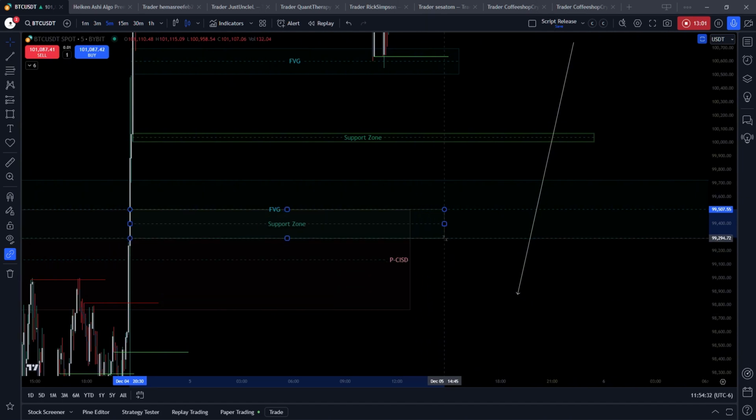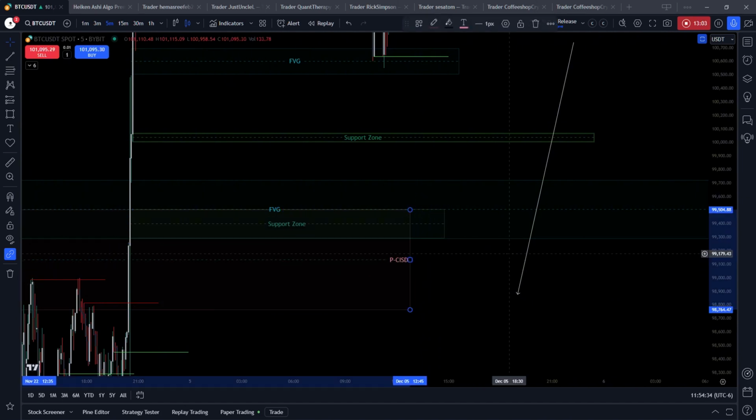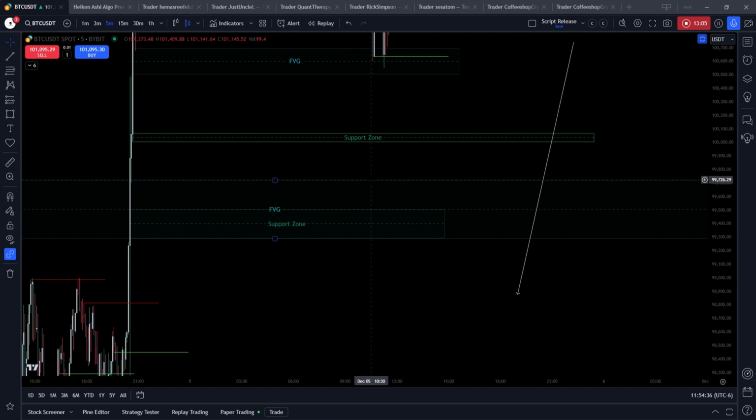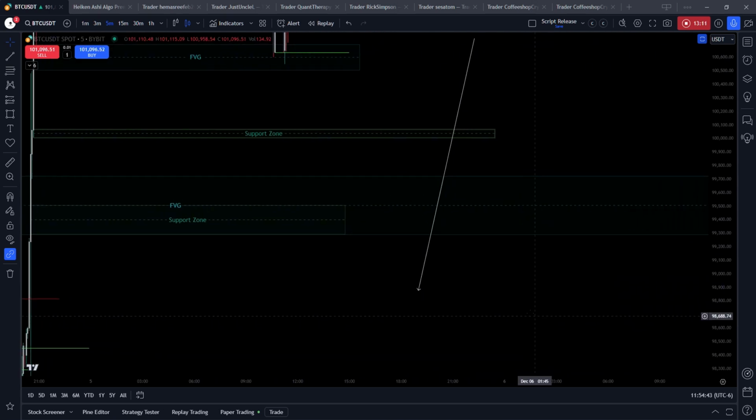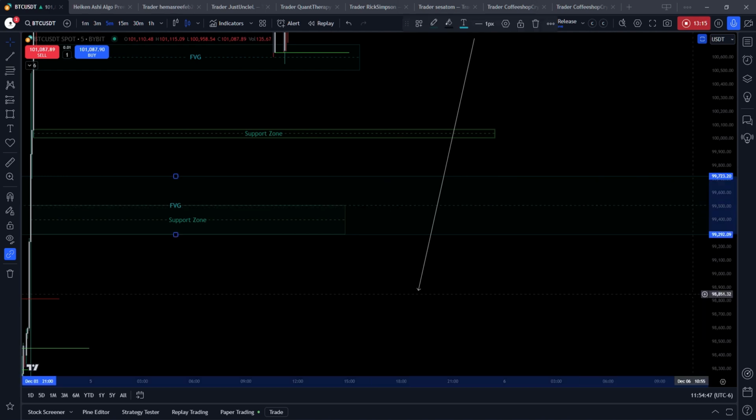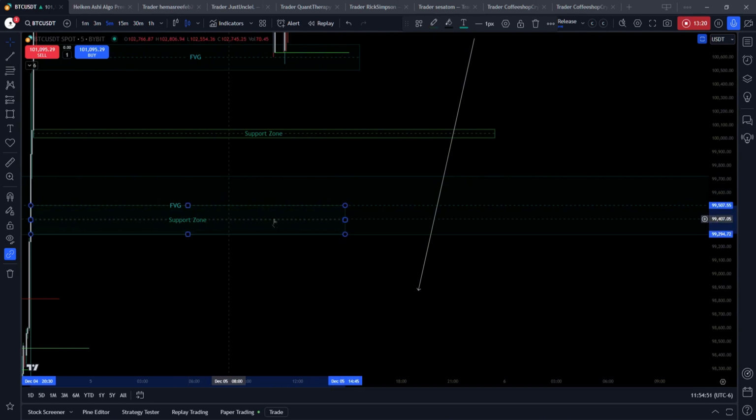So I'm just going to mark this. I'm going to take away this. And I'm going to say fair value gap is here, and if it gets to this level, I'm going to look for a reaction. Now, we can take a look on the chart, and you can see where my level is marked. I'm just going to mark it here. This fair value gap is here. I'm going to call the support zone at